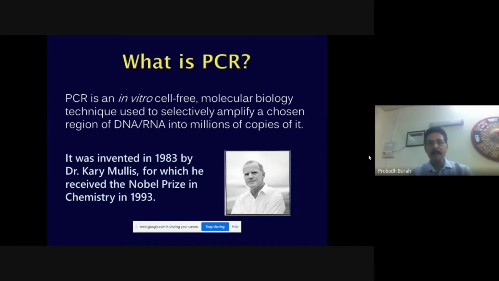rewritten the chapters in molecular biology, and also we have to reorient the developments in all branches of biology to cope up with the changing trend in molecular biology after the development of the PCR technique. As we know, this is a highly valuable, widely applicable technique. Now PCR is a part of most of the other advanced molecular techniques used today.